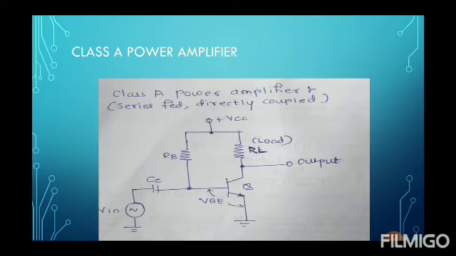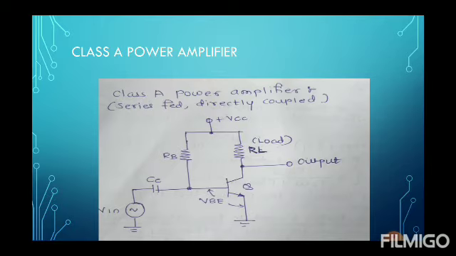For power amplifier class A, the Q point is adjusted exactly at the center of the load line. I have already told you how the Q points are adjusted for the different class amplifiers. So for class A, the Q point is adjusted exactly at the center of the load line. We will see in the graphical representation in the further slides. Due to this, the output signal is obtained for the full cycle of the AC input, that is for the 360 degrees. The power transistor is biased such that the operating point Q point is approximately at the center of the load line.